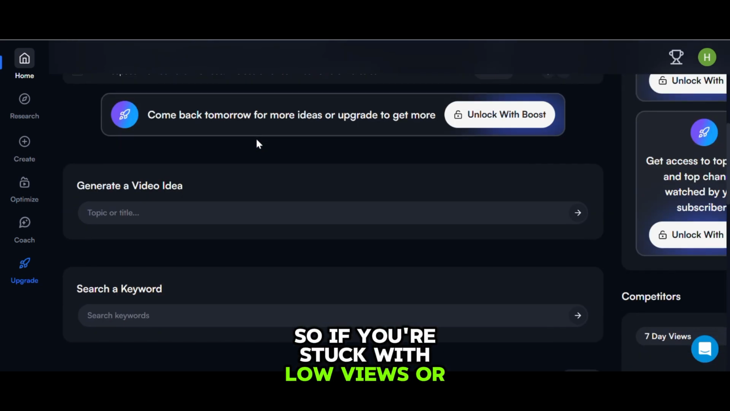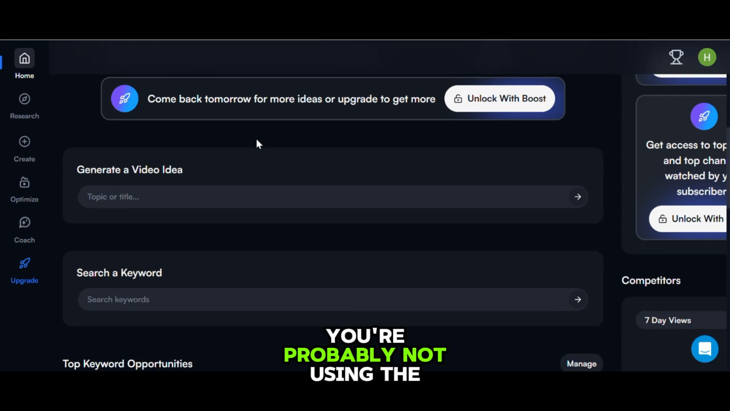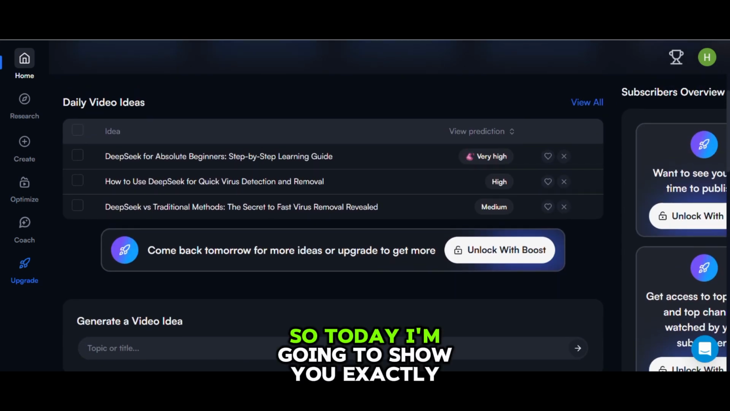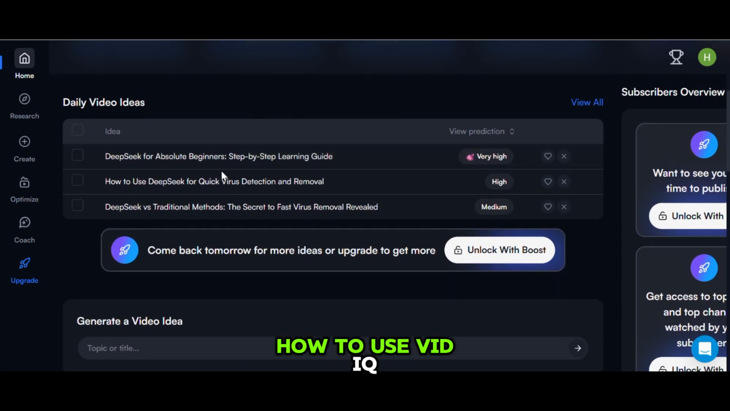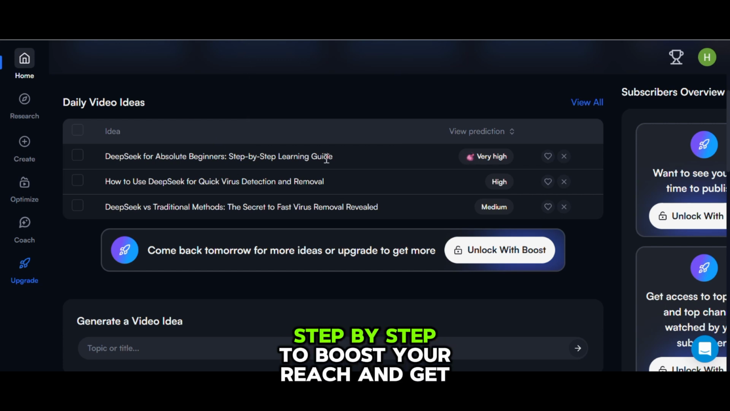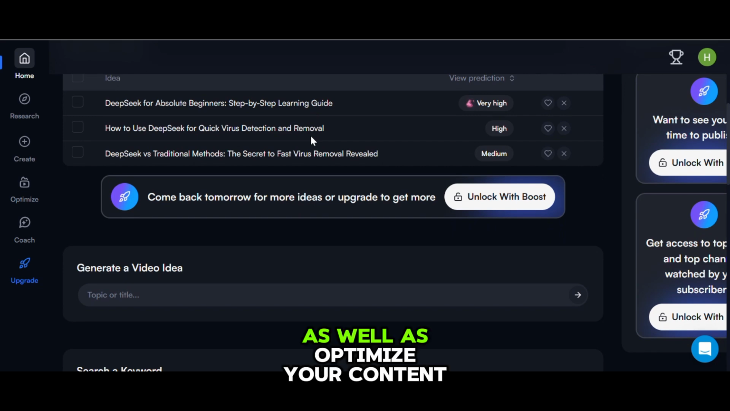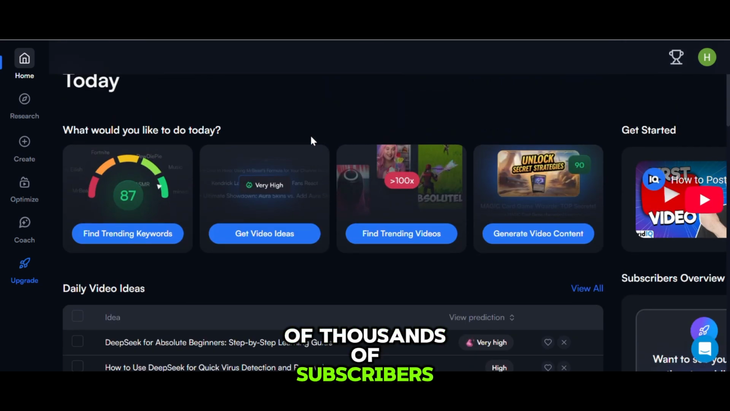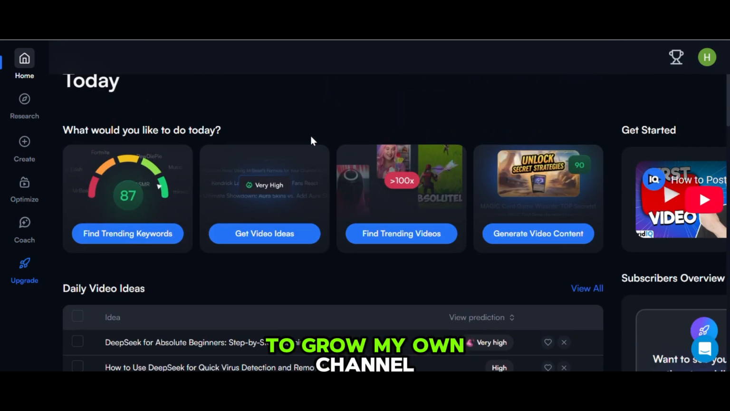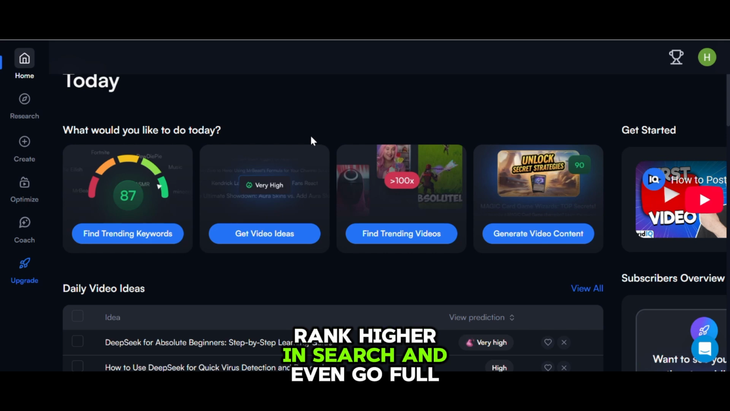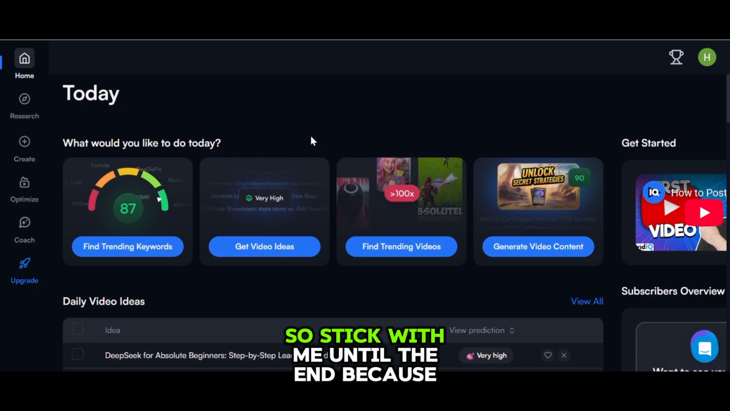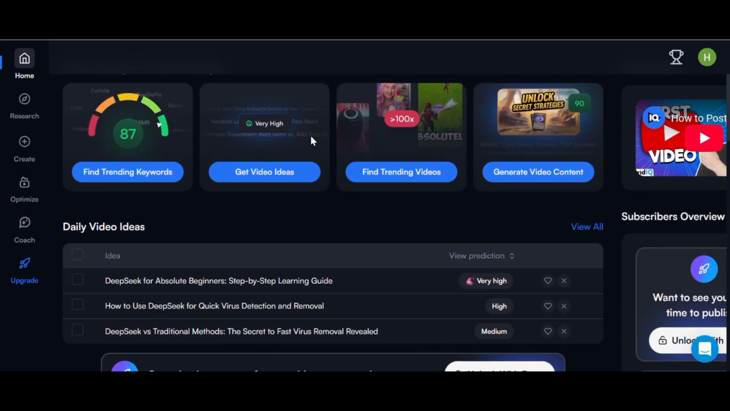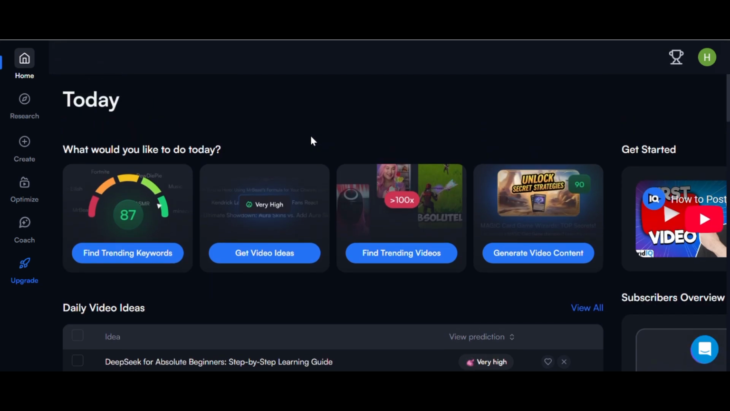So if you're stuck with low views or slow subscriber growth, you're probably not using the right tools. So today I'm going to show you exactly how to use VidIQ step by step to boost your reach and get more subscribers as well as optimize your content. This tool has helped creators gain hundreds of thousands of subscribers, and personally I've used it to grow my own channel, rank higher in search, and even go full-time on YouTube. So stick with me until the end because I'll also show you how to spy on your competitors and reverse